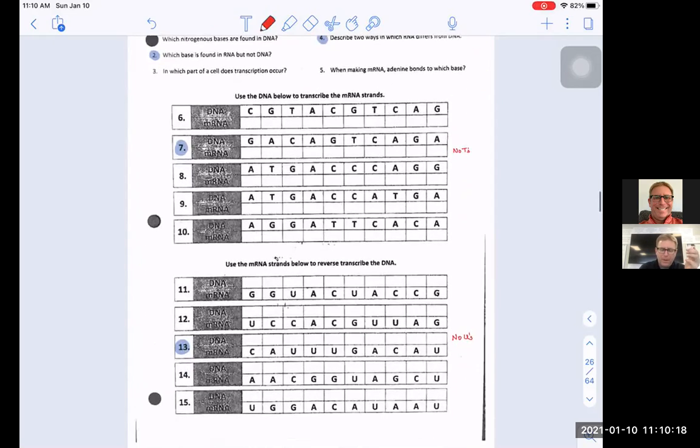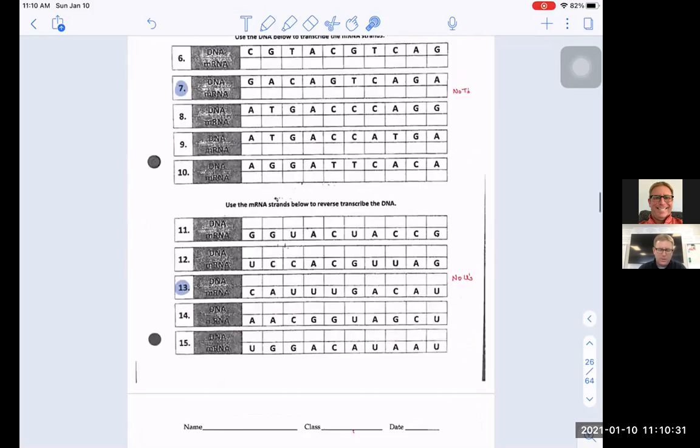One of the things to remember in this process is that in this mRNA line, there are no more T's anymore. Remember, the T's become U's. And then in this one down here, there are no more U's because it's DNA and that contains T's. So you're going to be doing those 4.